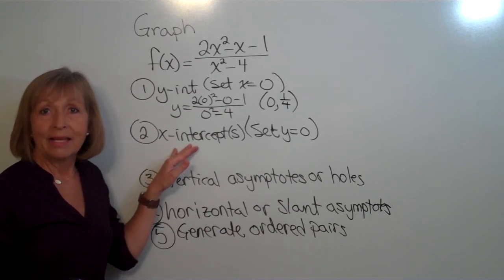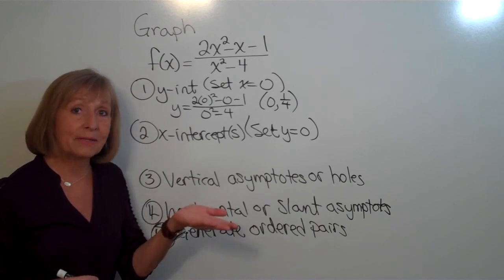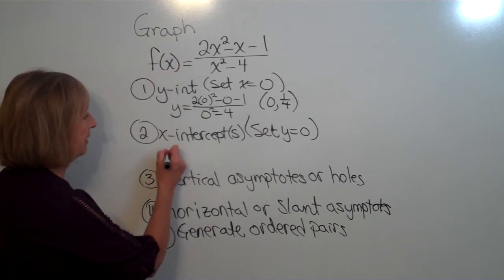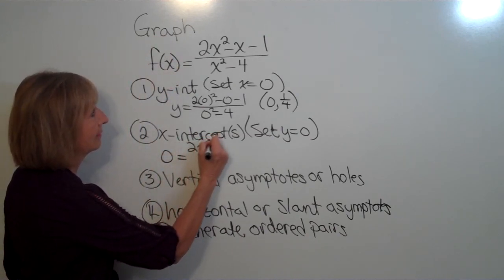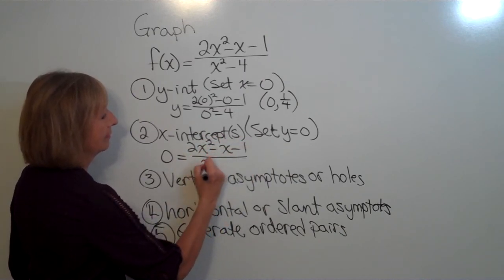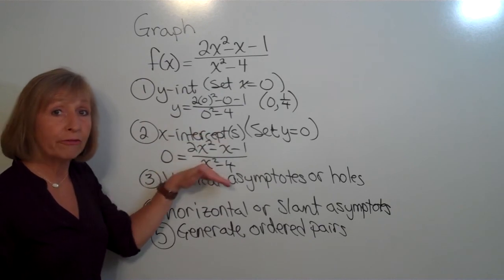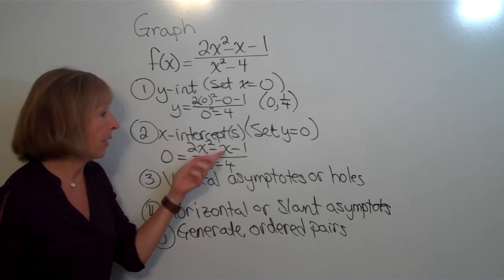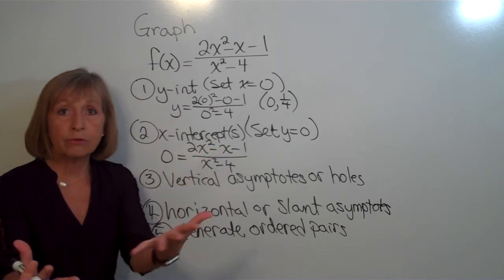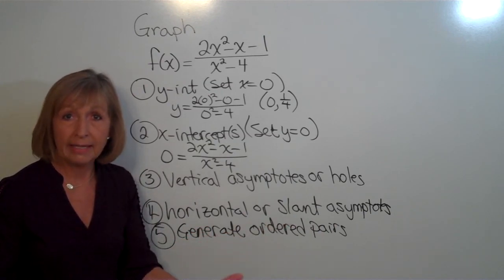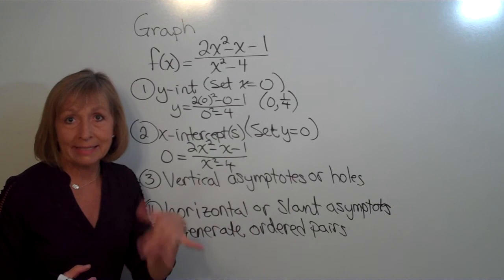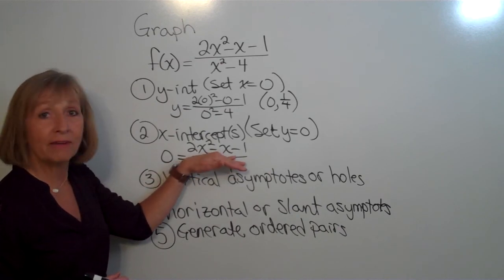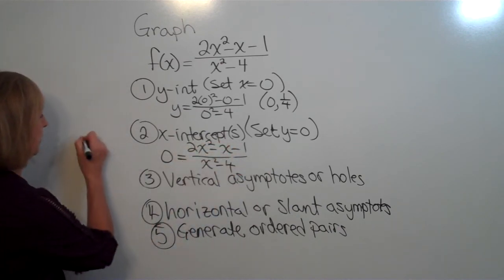Next up, x-intercepts. They're values of x that make the top 0 but not the bottom, because we get them by setting 0 in for y. On the left side you put a 0. But the only way a fraction can come out to be the answer 0 is if the numerator is 0, but the denominator is not. So like 0 divided by 7, that's 0, right? But if I have 0 divided by 0, you can't do that. Or if I have 5 divided by 0, you can't do that. So really we can find the x-intercepts by setting the numerator equal to 0,